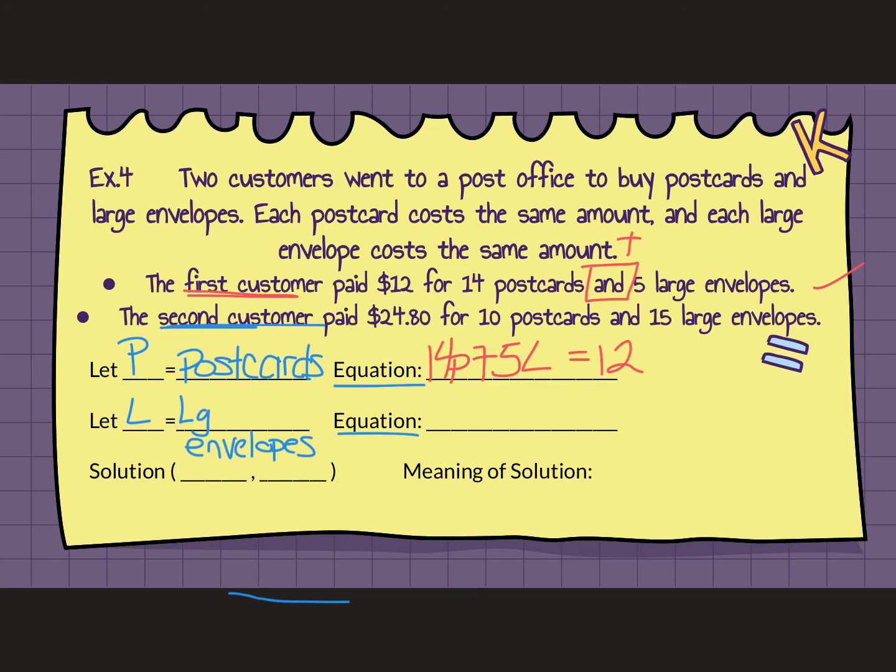Alright, our second equation is going to come from that second customer who spent $24.80, and that's the total, so it's going by itself. And they got 10 postcards. And, again, that's a math word, 15 large envelopes. And just like I said for the other problems, we're not going to focus on solving them,